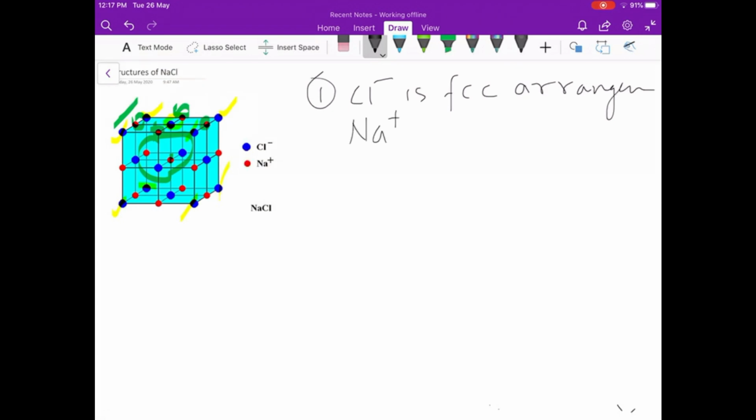Whereas the sodium ion, where are they located? Sodium ions are occupying the octahedral